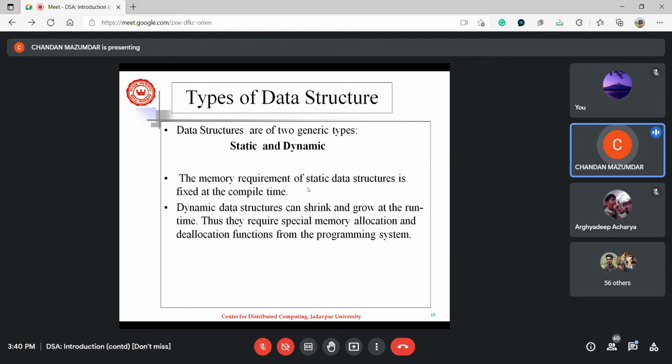But in case of dynamic data structure, the structure itself can shrink and grow at the runtime. প্রোগ্রাম যখন চলবে তখনই তার লেন্থটা বাড়তে পারে, কমতে পারে, তুমি নতুন এলিমেন্ট ঢোকাতে পারো, পুরোনো এলিমেন্ট বার করে নিতে পারো। ফর এক্সাম্পল লিঙ্ক লিস্ট বা স্ট্যাক যখন করবে, দেখবে এগুলোর লেন্থটা আপ ডাউন করে, তাহলে এইগুলোকে আমরা বলছি ডাইনামিক ডেটা স্ট্রাকচার।